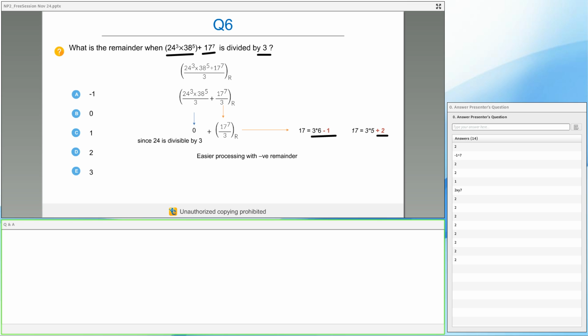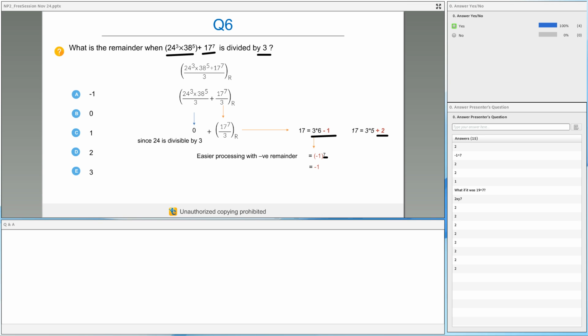In both these cases, if you take it as minus 1, the easy part is you'll get minus 1 to the power 7. Now, those of you who marked the answer as C, did you write minus 1 to the power 7 simply as 1? Did you make this mistake? Kindly mark yes if you did so. Or did you solve 2 to the power 7 and then go ahead? Okay, so you did that. Please note that in the case of minus 1, the power plays a big role. If it's an odd power, minus 1 to the power 7 will give you minus 1.